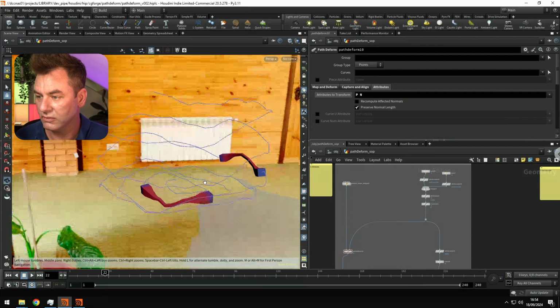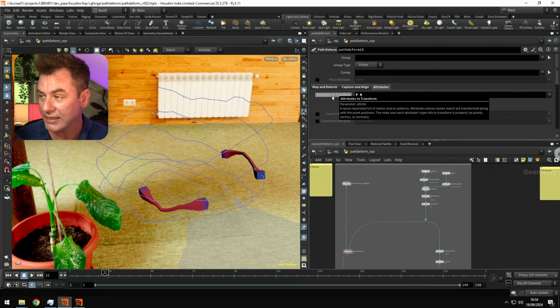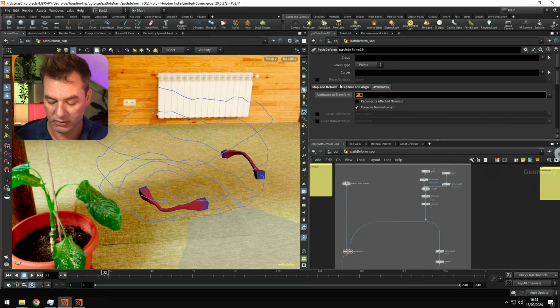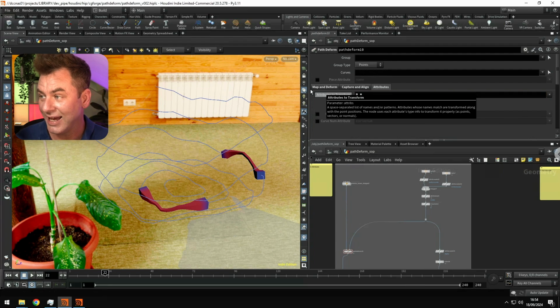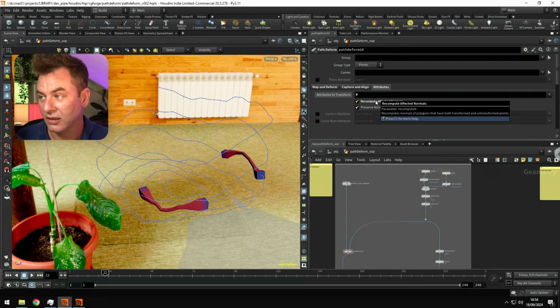So no visual change. If I've added other attributes like a rest position, it has not translated it. So I'm not sure what the logic is there, but star for the effect of this parameter seems to effectively mean P and N, and if we don't transform the normal, we get odd things. We can then recompute affected normals,